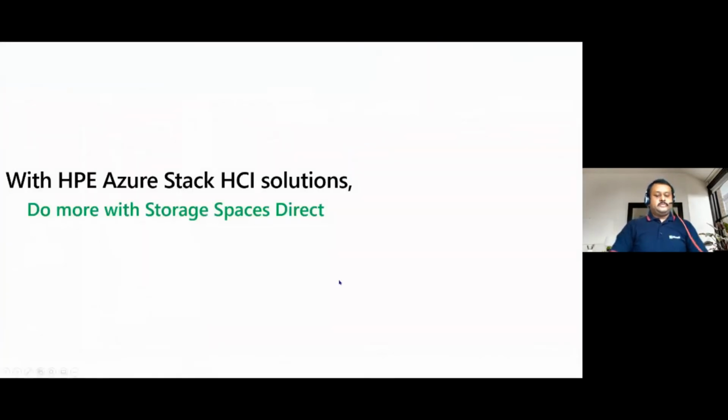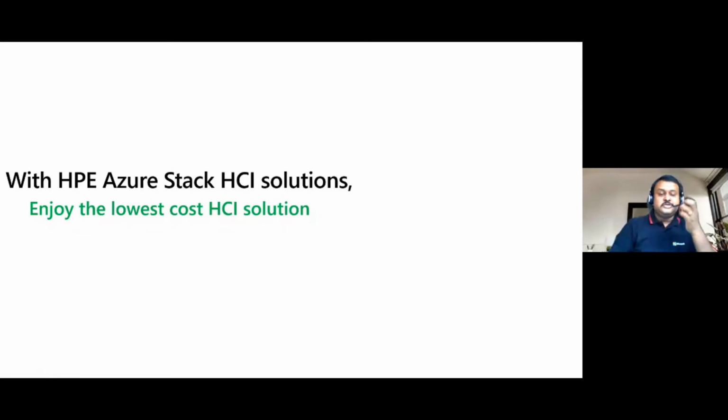So as a takeaway, I just wanted to give a best sense to everyone. As you understand, this is the second session on HCI, second or third session we are continuing today, right? With HPE and Azure Stack HCI combination, we can get end-to-end storage services through Storage Spaces Direct. And it is actually one of the best HCI solutions which you can utilize in the present market or in the IT industry,